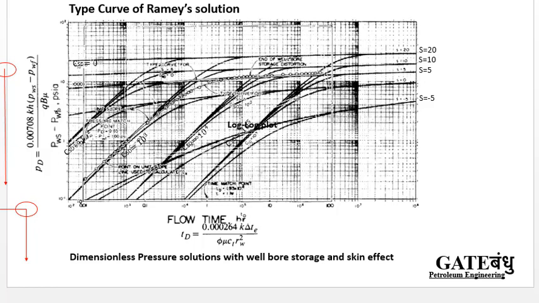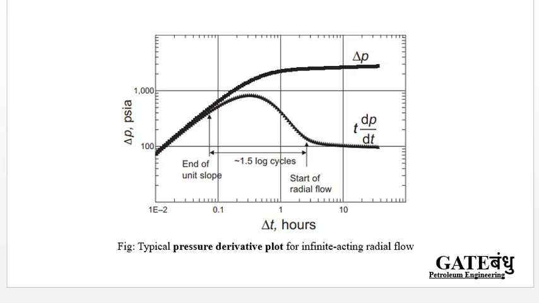We can also see here that this derivative curve gives a better understanding of when the storage effect is ending. This is the delta P versus delta T plot. This is the same plot, the unit slope line, and we plot the derivative of this data. What we can see is that when this derivative approaches a zero slope line, radial flow is being reached, and before that the wellbore storage effect is there. So there is a deviation from this data point. Then we take the 1.5 cycle,